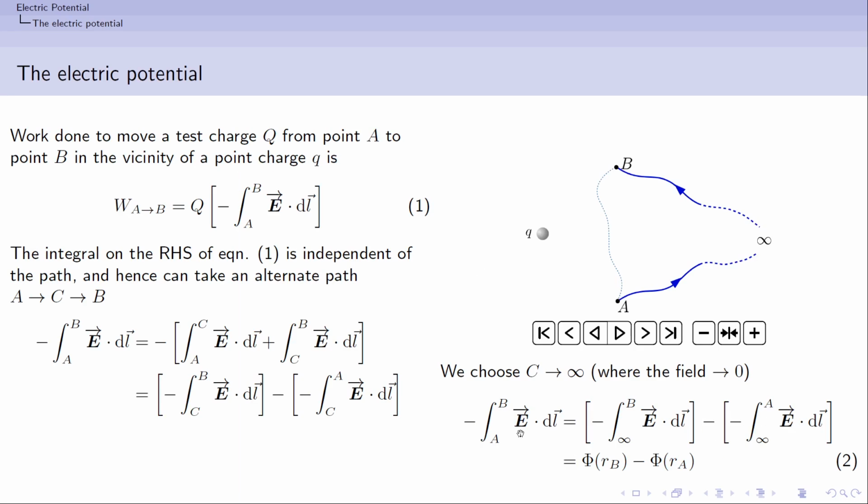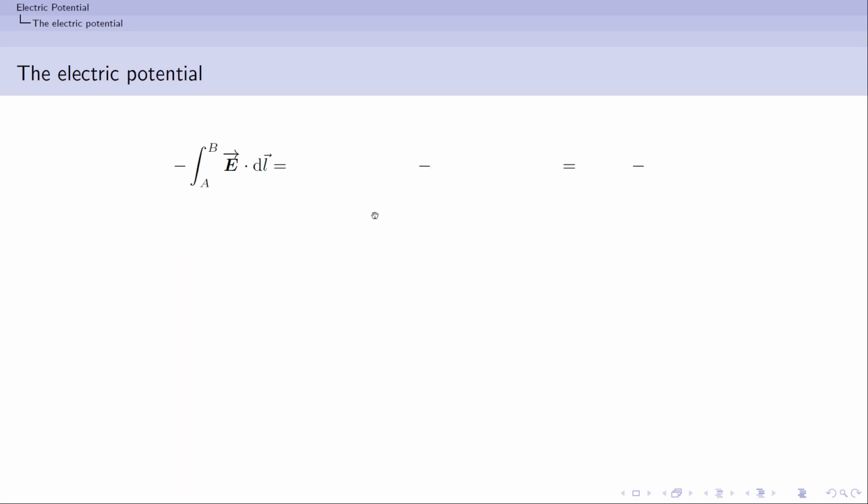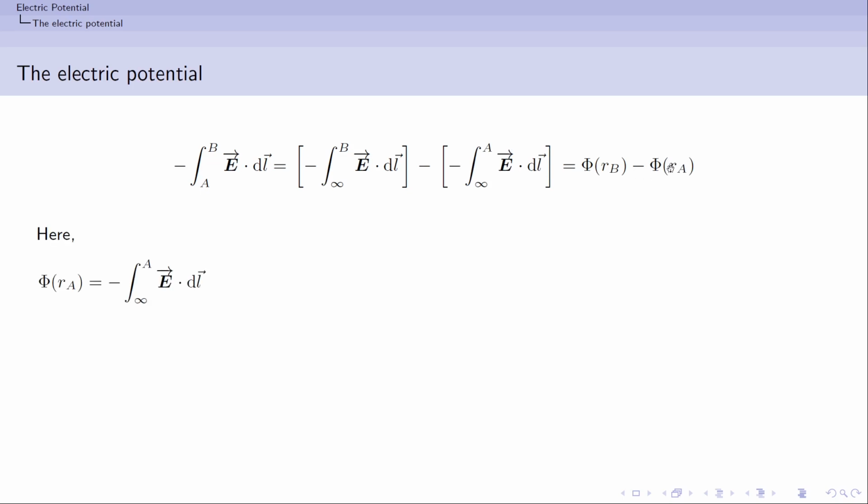Let me write this same equation down over here, just to stress the associations of the different terms. This is equation number 3. We had the first integral, which was phi of RB, and the second integral was phi of RA. Over here, phi of RA is basically this. Disregard the minus sign here, because anyway we have a minus sign in between. So this quantity will be basically whatever is inside the bracket.